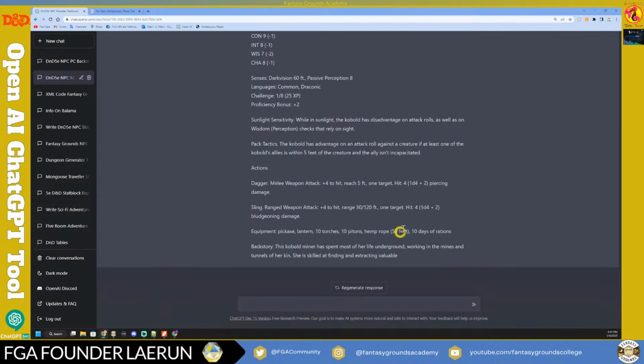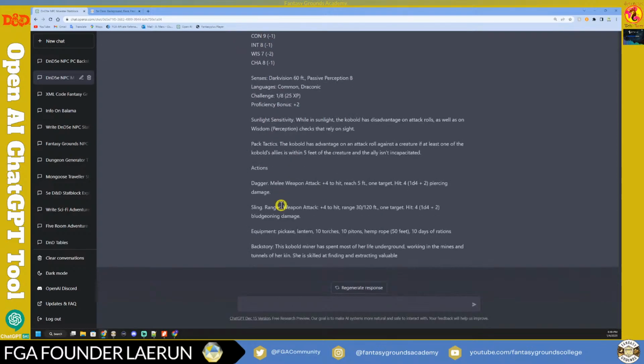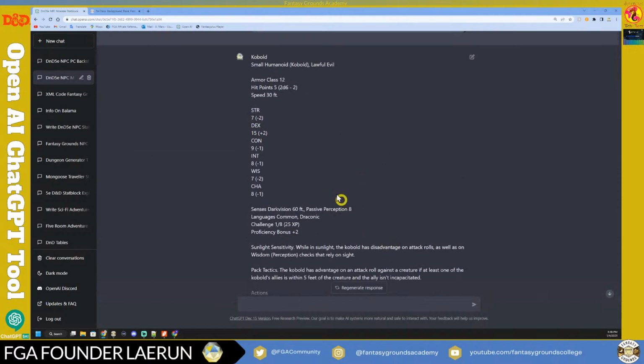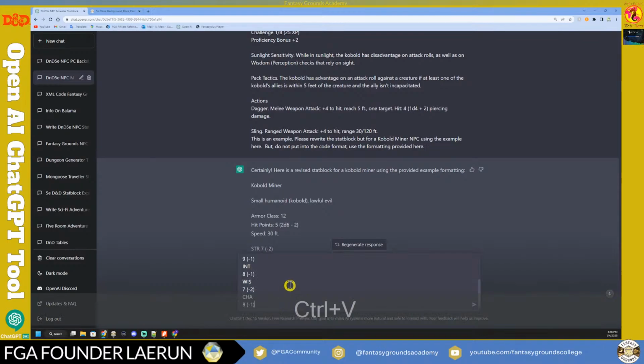So I'll try that again, but this time with the correct formatting. I don't know if this still doesn't look right, but we'll see if the code made a difference or not. Yeah, I don't know. It's not doing it. I want it to use it. I'll say, please rewrite the stat block above, but use this provided